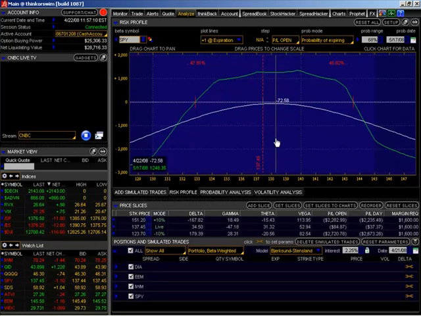Now, the Thinkorswim platform has a paper trading account that you can set up for free. It looks identical to this. The only thing that is different is if you look up in this top left-hand corner, this is a live trading account. It has a red symbol here with the Thinkorswim symbol and logo. If you have a paper trading account open, this is a green symbol. But the platform is absolutely identical. Everything is exactly the same. You can enter trades, you can adjust trades, you can look at charts, you can monitor your account. You can do everything in a paper trading account with Thinkorswim that you can in this account.